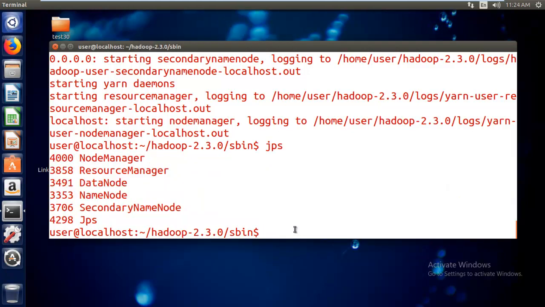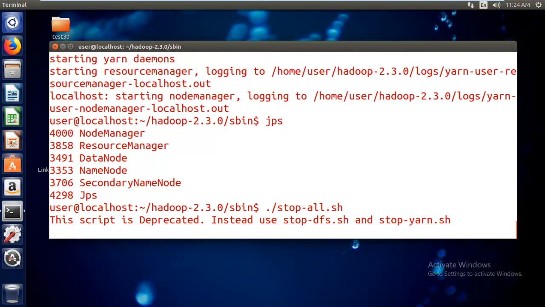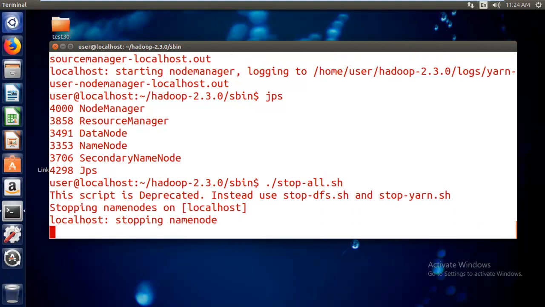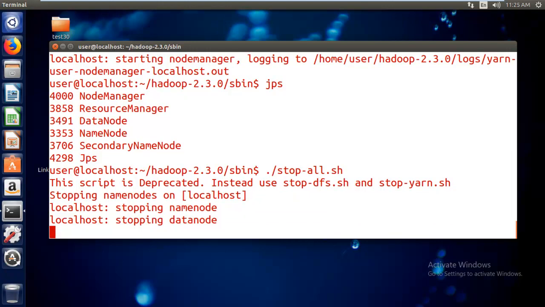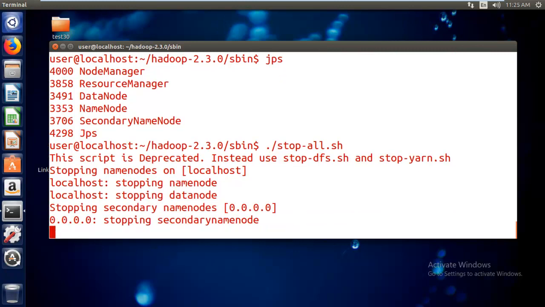In a similar fashion, I can stop all my services also. So these two commands are not recommended in real time, please do remember, guys. Because this is a local machine, I'm taking the liberty of starting and stopping all the services, but these two commands are not recommended in real time. If you want to start anything, you have to start the services one by one. That is the best option. Otherwise you have to start the HDFS related ones one time, and of course YARN related ones another time.